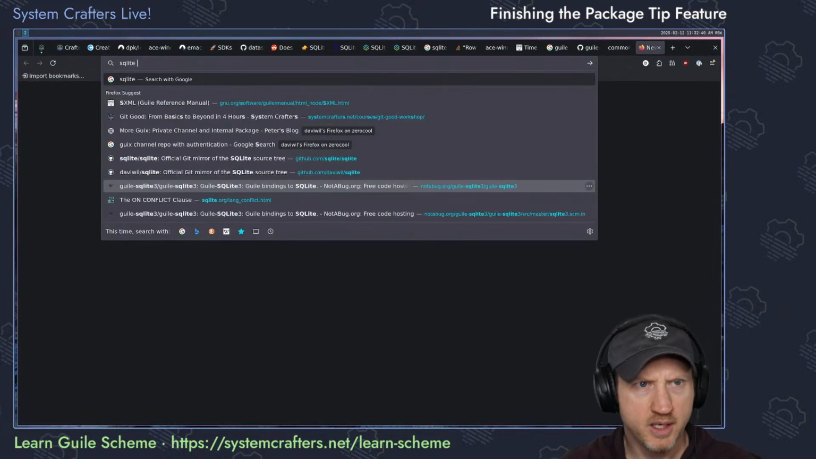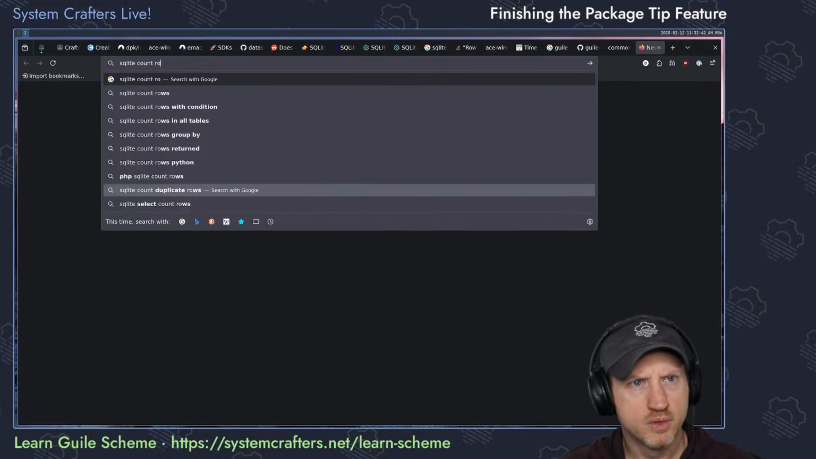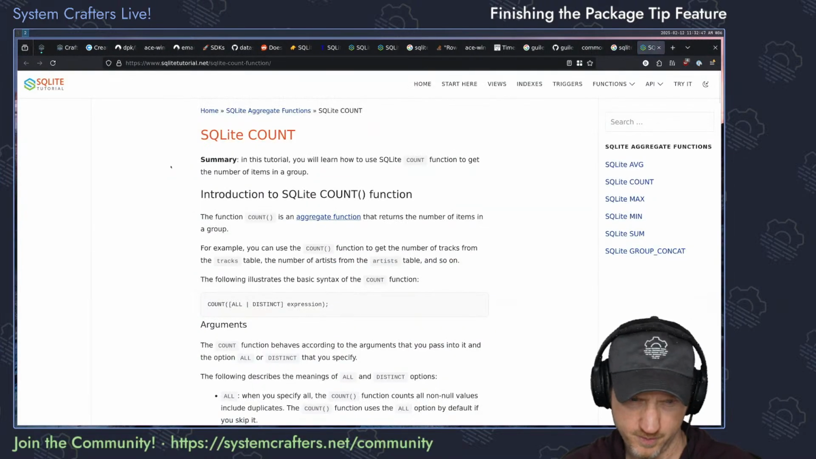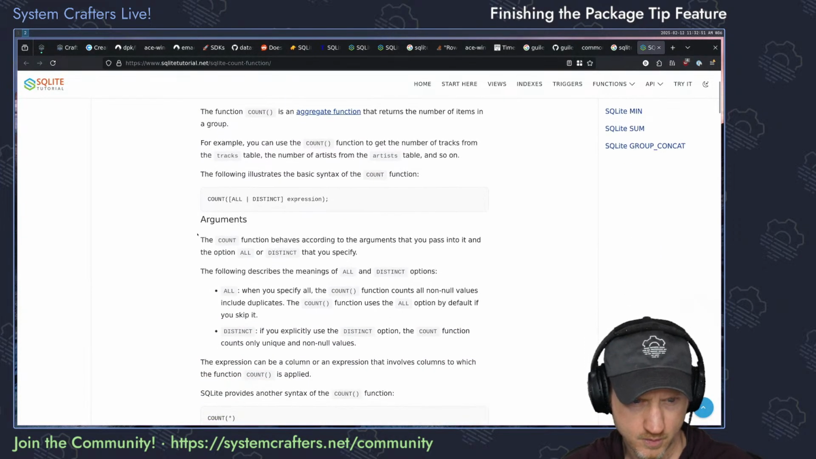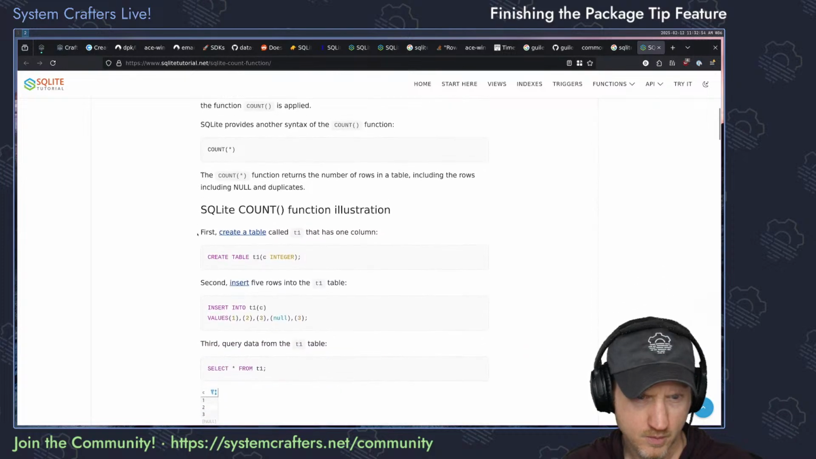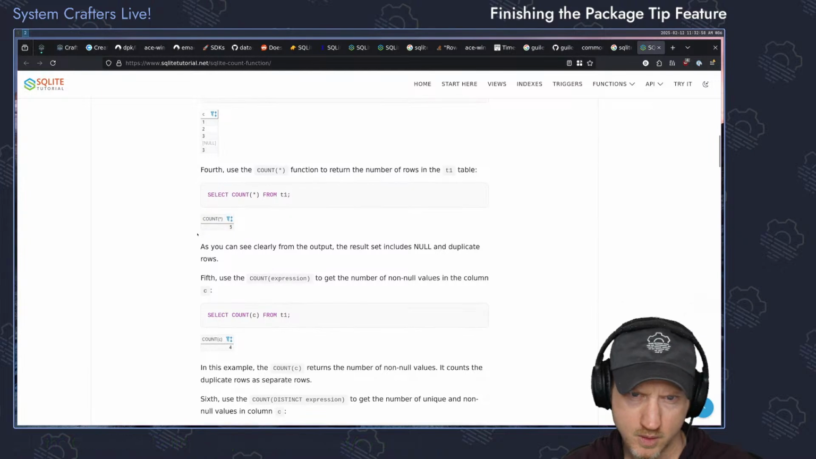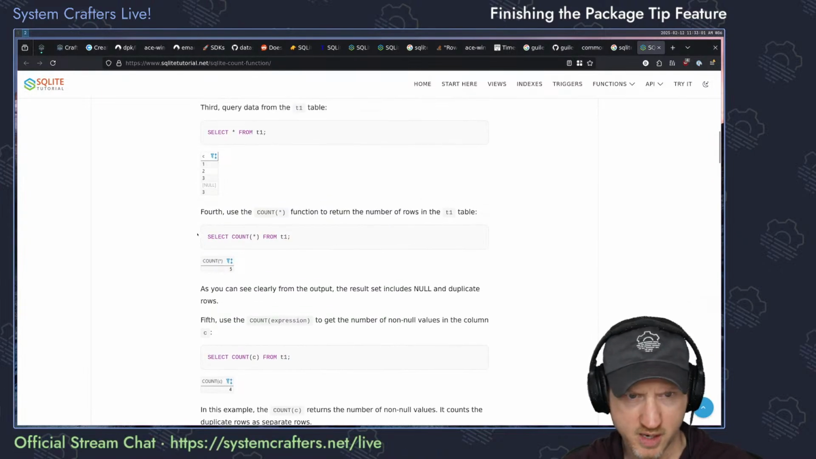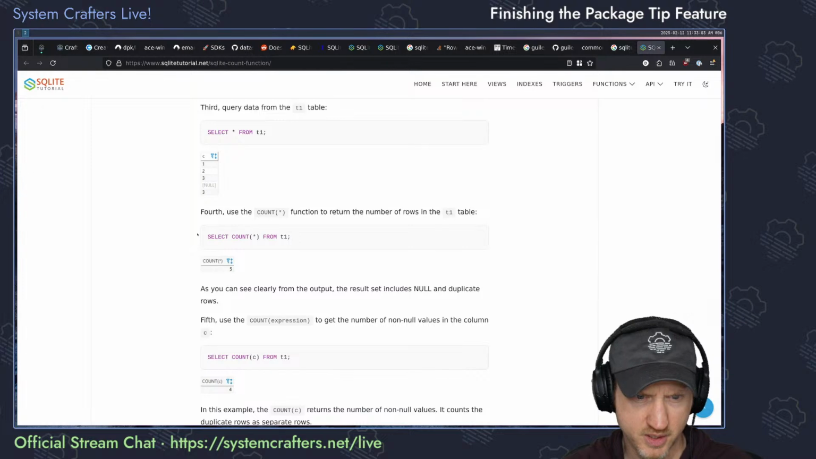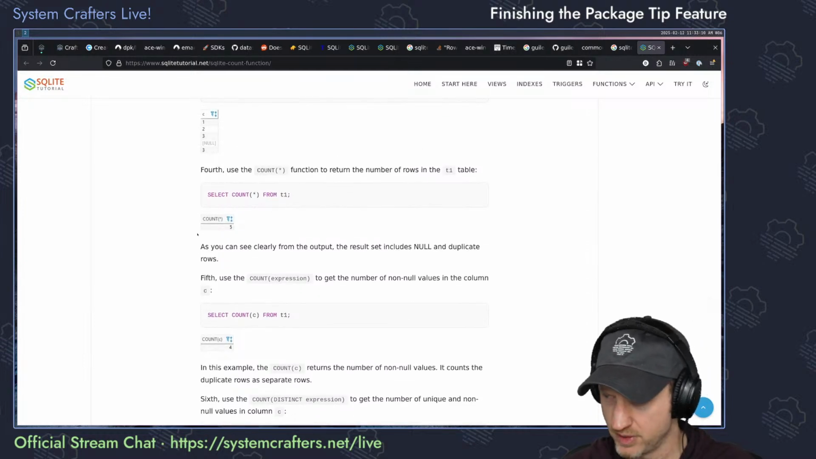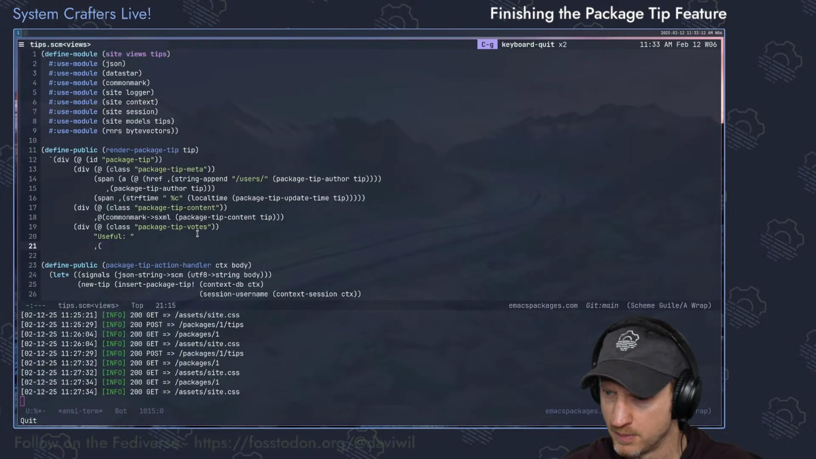So SQLite count rows. Count function, count items in a group. The number of rows in the T1 table. Select count star from T1. Get the number of non-null values in the column C. Yeah, so kind of the approach here would be